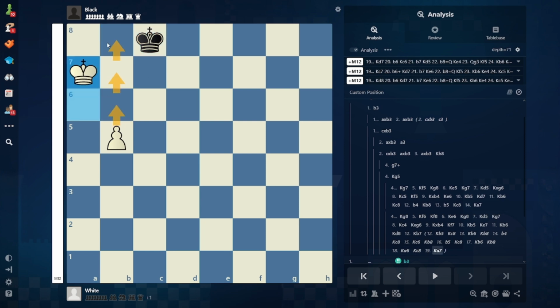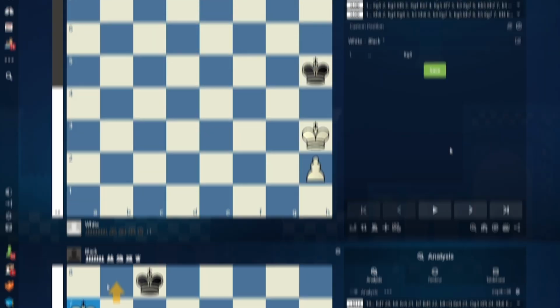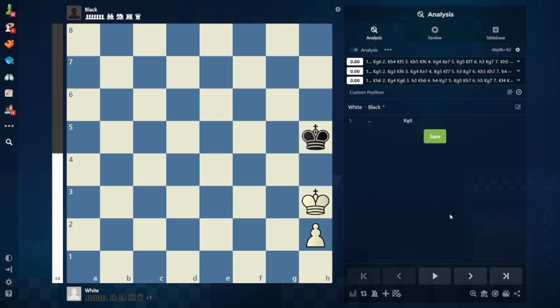Now let's move to some exceptions, and this will be the last chapter of the things you need to know to excel your endgames. I have to disappoint you. You will not always be able to use your opposition knowledge, because in this position, whenever your pawn is on the a or h file, so this is a rook pawn, you are unable to